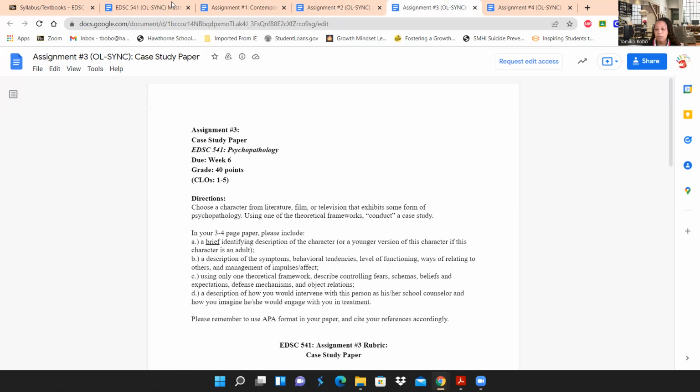You're going to write a 3 to 4 page paper, including a brief identifying description of the character or the younger version of the character, description of the symptoms and behavioral tendencies, level of functioning, ways of relating to others, and management of impulses and affect. You're going to use one theoretical framework described in the textbook: controlling fear, schema, beliefs and expectations, defense mechanisms, and object